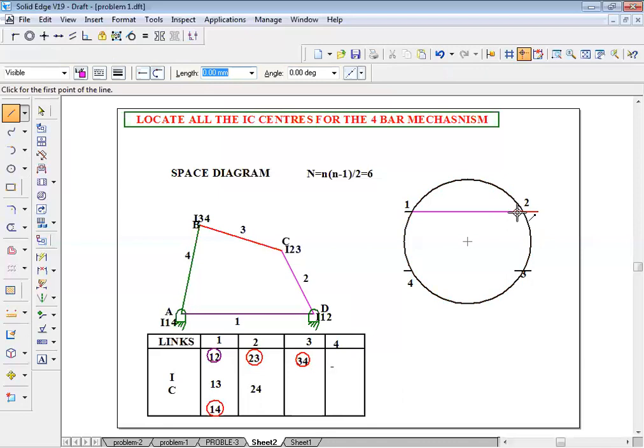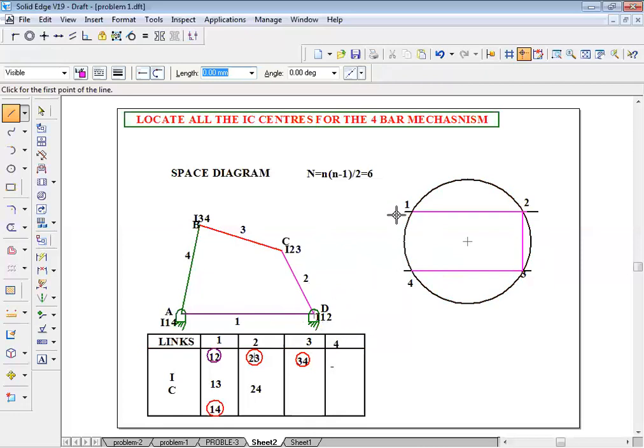Now come to I23. I23 also I know completely. I located already here. Therefore, that also I'm going to write in a thick line, which means we know it already completely. Next come to 3 to 4. That is 3 4. This is also a permanent one. I know already the location of that. Therefore, I'm going to take this one, joining 3 to 4 in a thick line.